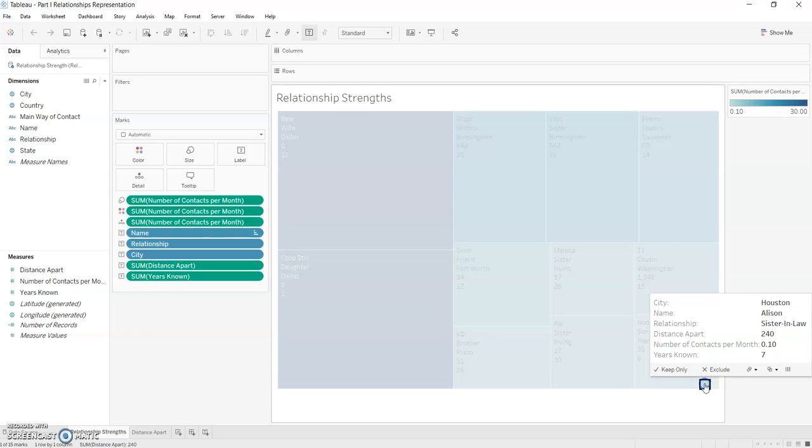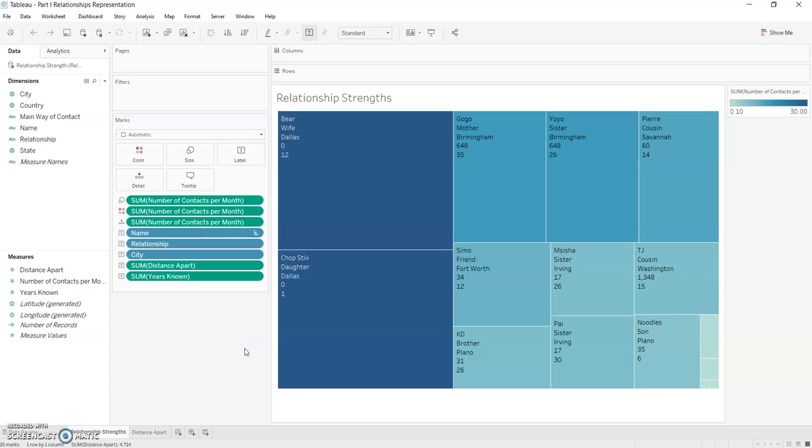And here, when you go to this one, which is a sister-in-law, Allison, who lives in Houston, they're in contact more or less close to 0 times in a month. So 0.1 times in a month. And they've known each other for 7 years. So I feel as if the tree map really provides that strong metric of how close a bond or relationship